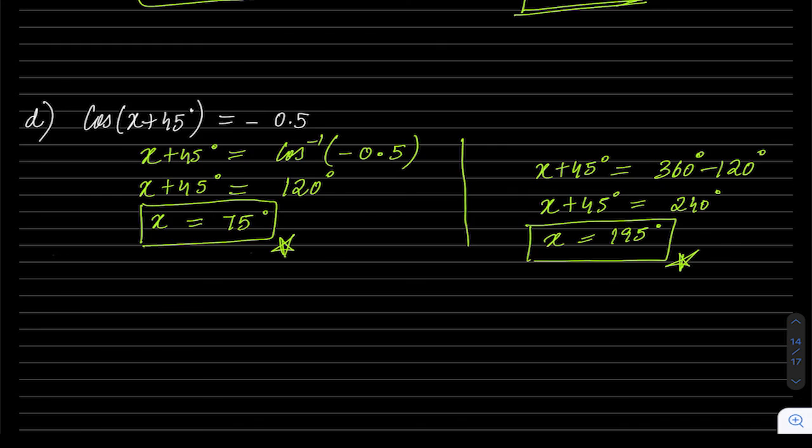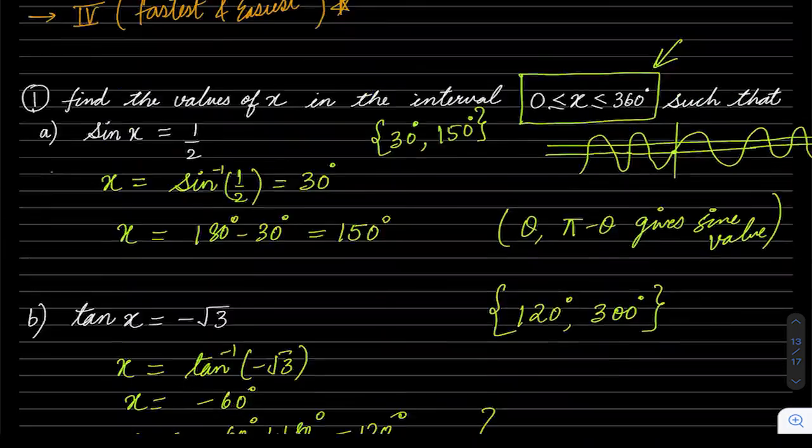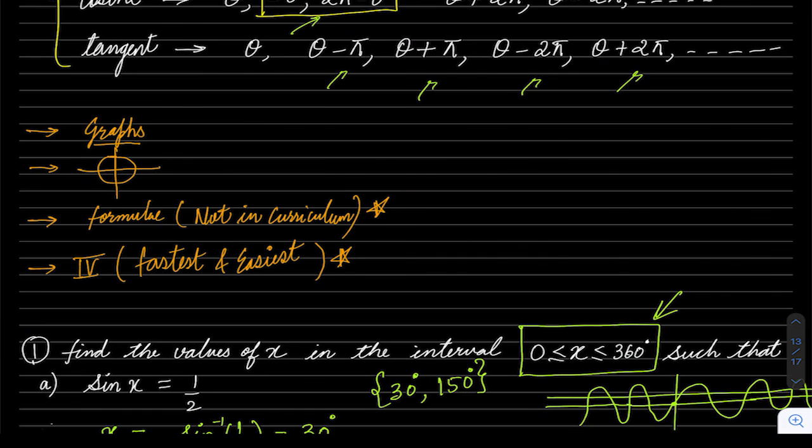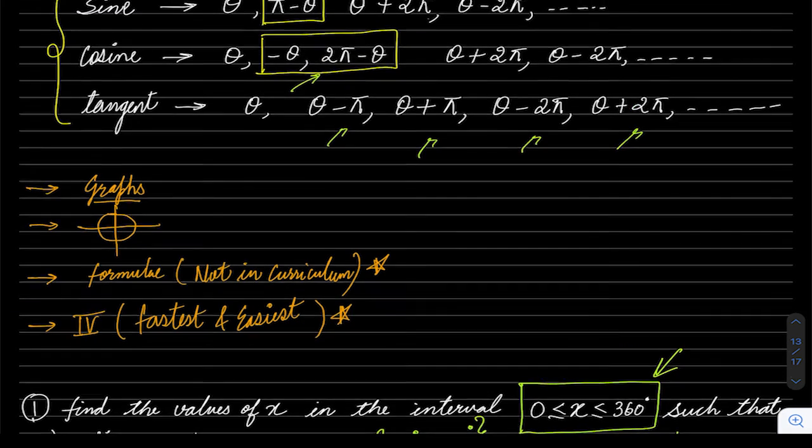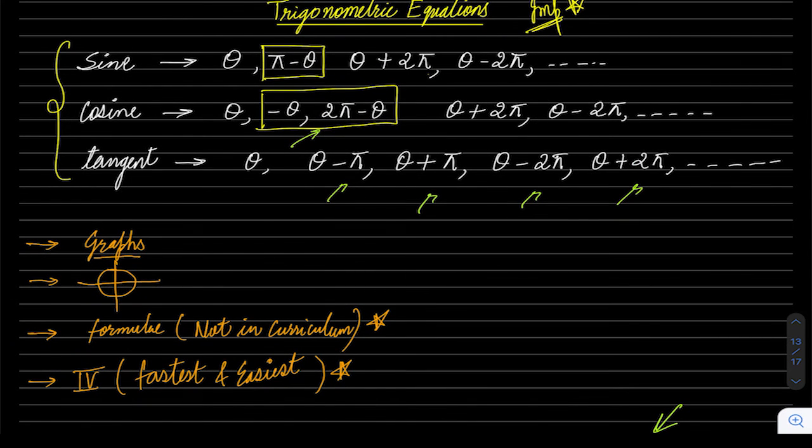It's as easy as that. In school or some other teacher might be teaching you some graphical methods or circular methods in which I have seen some students get confused. I mean, I'm not saying everyone gets confused, but some students get confused. So this is the easiest way. Just remember these very simple one or two important things. Okay, we will see more questions in this chapter in the next coming videos.